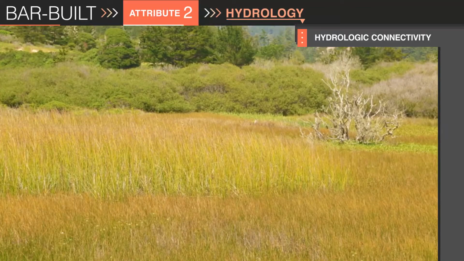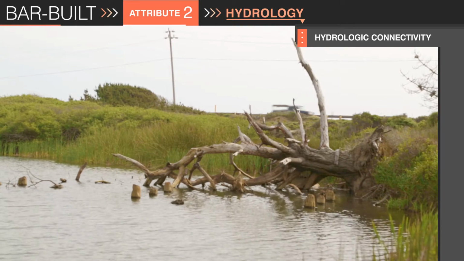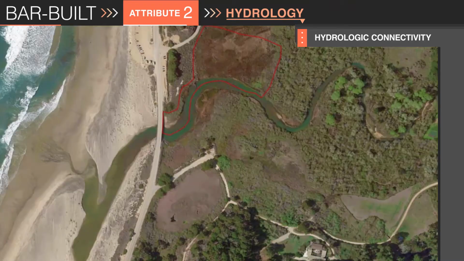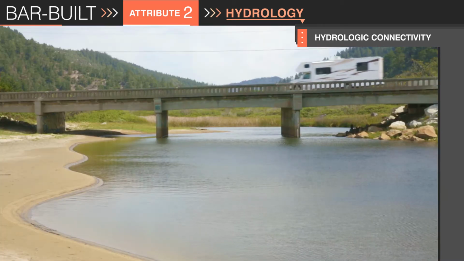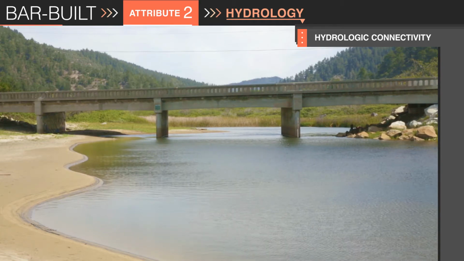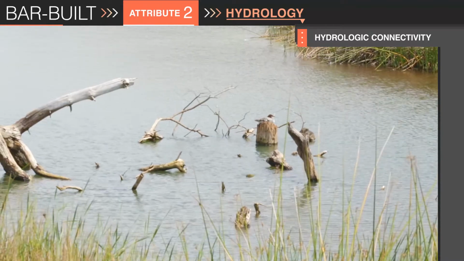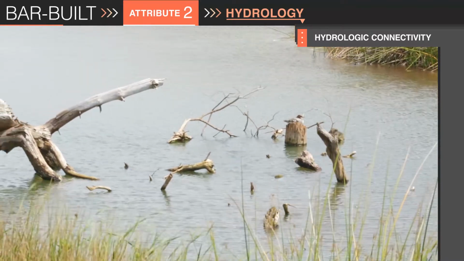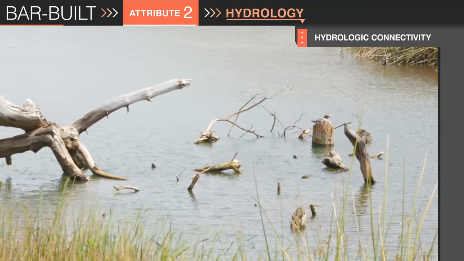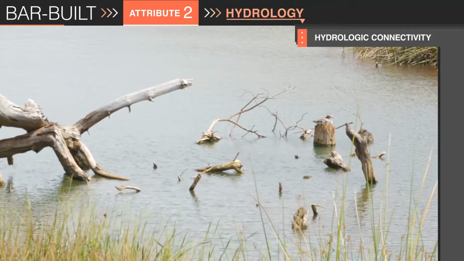In this particular assessment area, there are some unnatural features which restrict the movement of rising waters. To the south, there's an access road, which separates a pond from the main lagoon. To the west, Highway 1 forms a berm, which also restricts waters. The anthropogenic restrictions to the movement of water exist for less than 50% of the boundary of the wetland that contains the AA. Therefore, this metric gets a B.